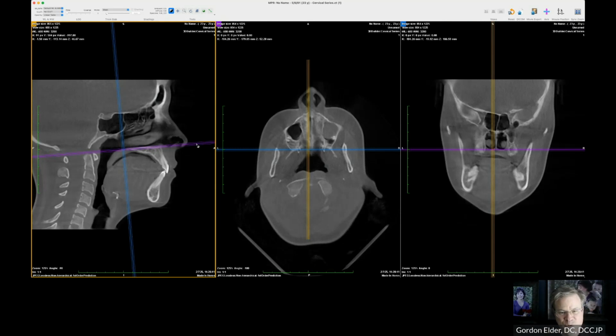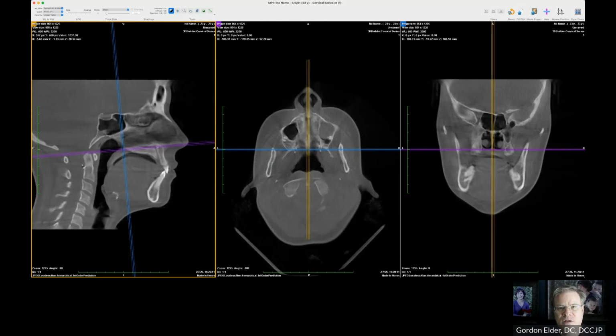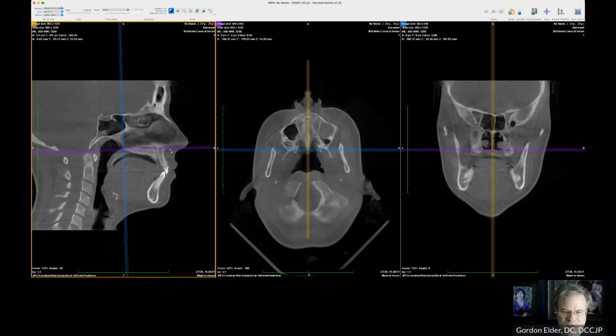It's not super consistent, so we're going to play with that too, or at least we do at the Blair Clinic right now. But I'm going to put the back of my crosshairs right at the posterior tip of the hard palate, and we're going to bring it down, not along this line up here or anything else, but where that